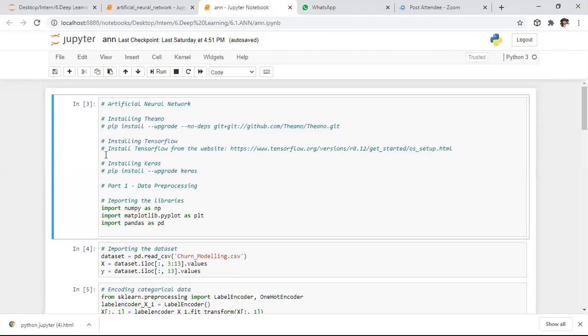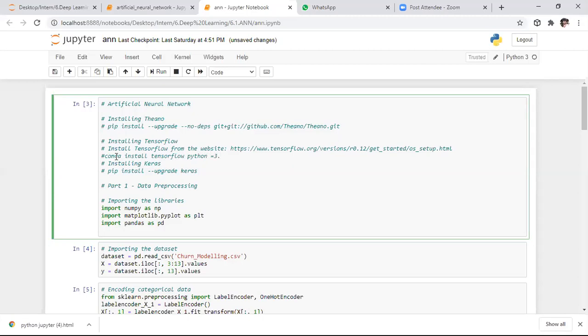If you feel a little bit lazy, then enter this command in your laptop. If you are using Anaconda, open the Anaconda prompt and enter this command: conda install tensorflow. Here we need to install the recent version, that is Python equals 3.7.